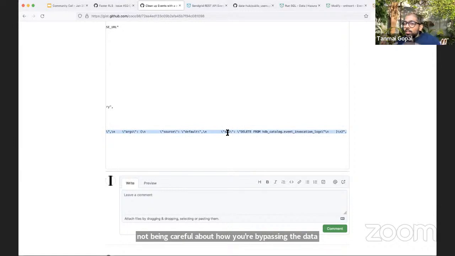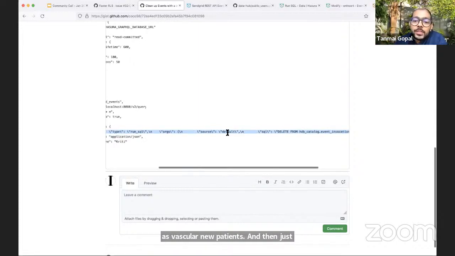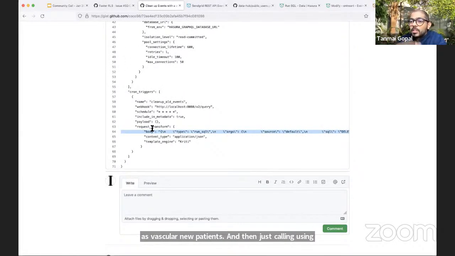So if you start realizing that you're doing more advanced versions of this, an approach that I would recommend is creating admin functions, like SQL functions, and exposing them as GraphQL mutations. And then just using request transforms to call those GraphQL mutations back into Hasura, right? So you can have a GraphQL mutation to clean up events, or an admin mutation to refresh a materialized view. And these are admin only. What you can do with a cron trigger or an event trigger is just call those mutations. And now, because it's a GraphQL mutation, you're not running raw SQL, you're actually calling a SQL method. So it's parameterized carefully and stuff like that. So as you get into those use cases, that option becomes possible.